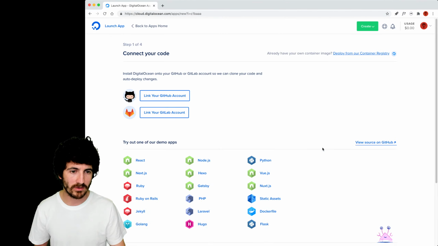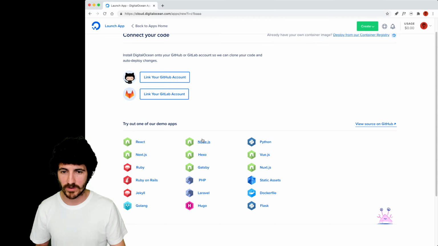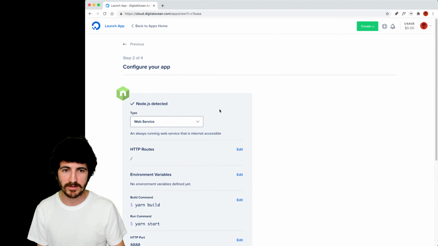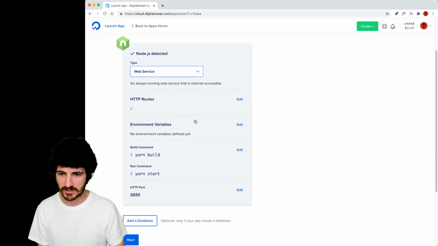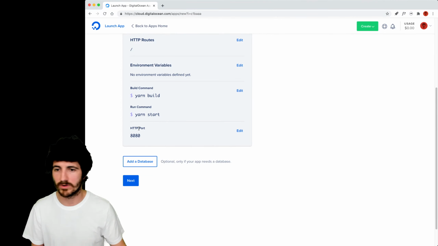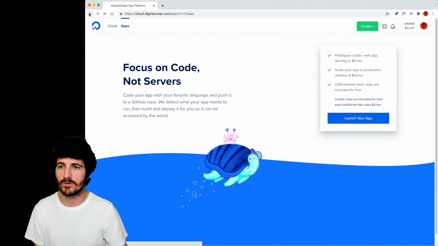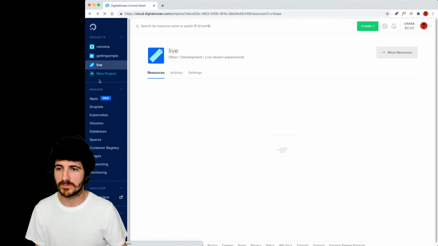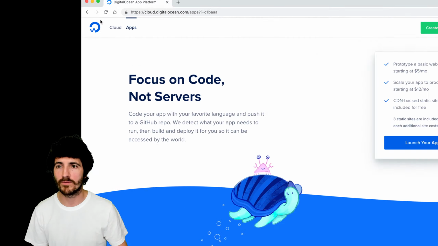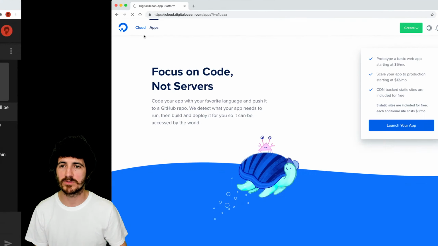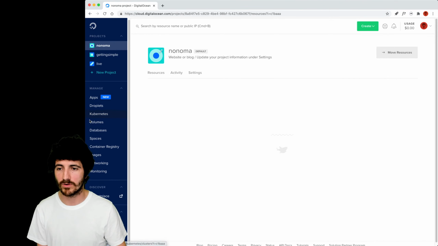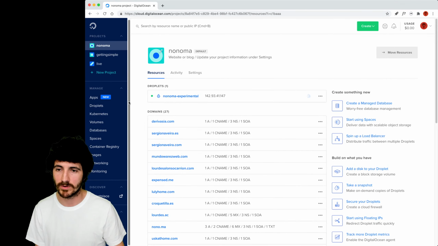Don't have a real project right now? Launch a demo app. Try one of our apps here. So maybe we could do React. So we have a web service, and you have to specify a few things that we're not going to take a look at right now. All right, so let's leave the apps tab. You can see when I click apps, you leave the space of cloud and then you go to apps. So this is a new section for simplified deployment. If you go to the cloud, we have everything that I was talking about before.